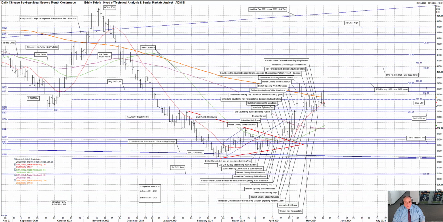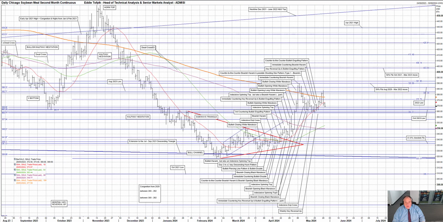This now just leaves one more commodity that had a weekly key reversal last week, and that was a weekly key reversal up in Chicago soybean meal futures. In this, we had a very large, immediate reactionary move down yesterday that traveled 2/3 of the way down the whole of last week's action.